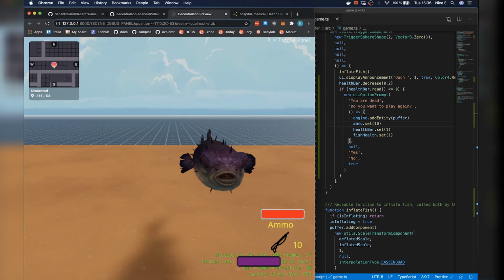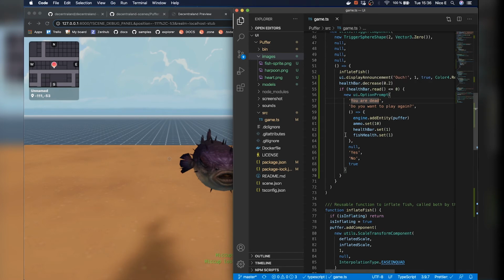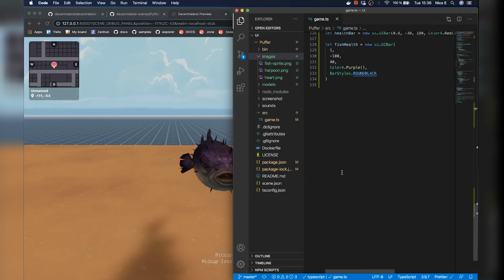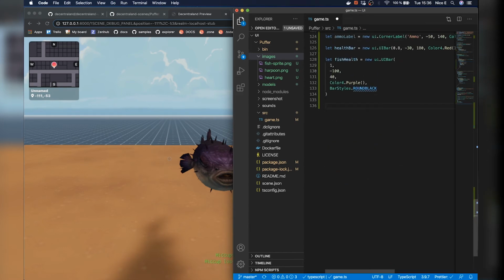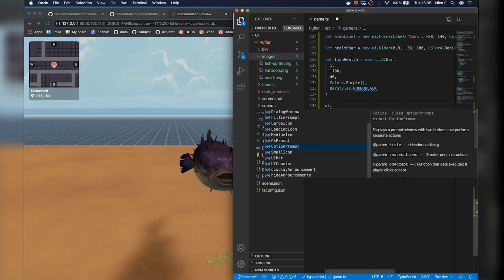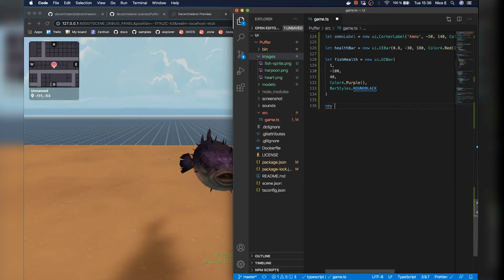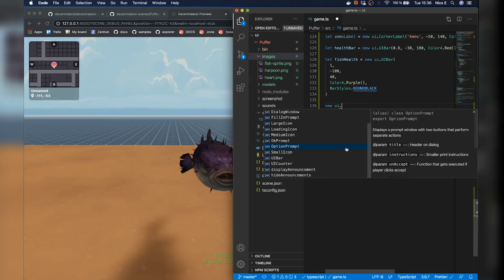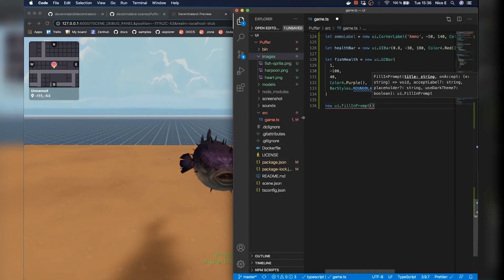Nice. Okay, so the third and final kind of predefined prompt window we can do is an input prompt, and I couldn't think of anything that really went with the theme of this scene, so I'm just gonna do something pretty meaningless in the context of the scene, just to show it off. So the title is, say something, or whatever,